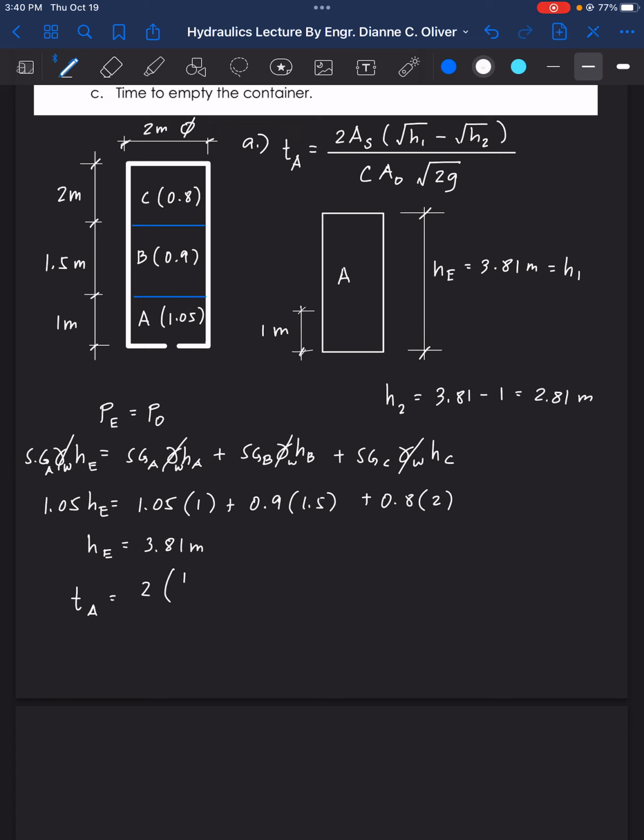The surface area is pi over 4 times the diameter, 2 meters, squared, times the square root of our H1, which is 3.81, minus the square root of our H2, which is 2.81,